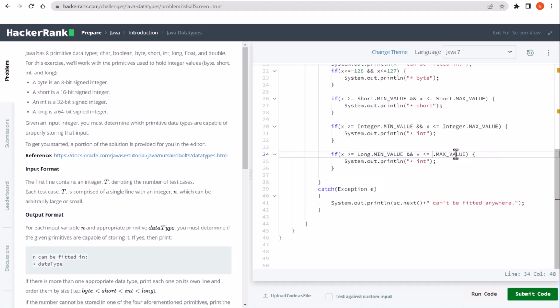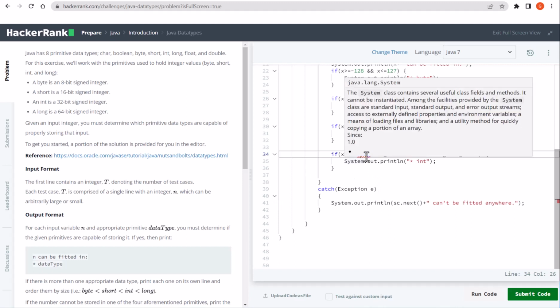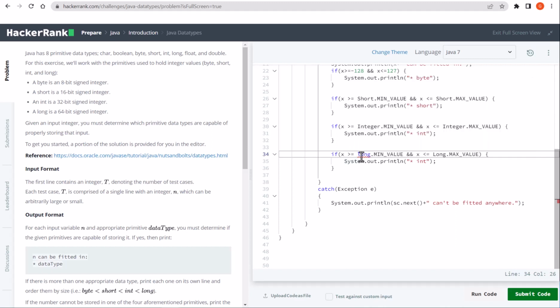One thing you can notice is that the first letter is a capital. It's case sensitive. If you don't do it, it doesn't really work. You see the red squiggly lines. It means that it doesn't really know. So you have to use the capital, so it knows it's a long data